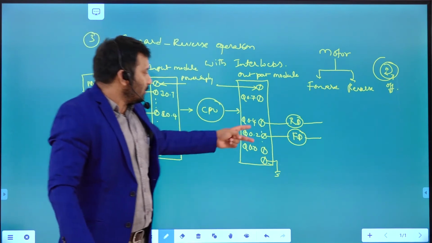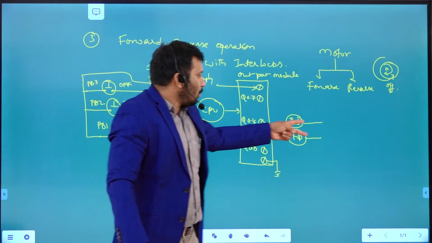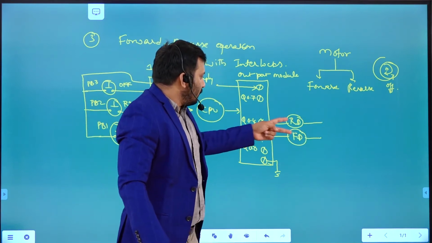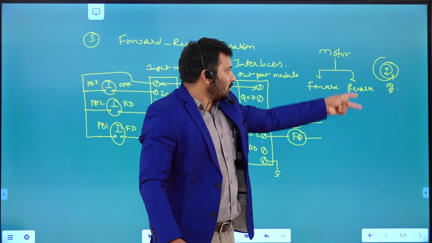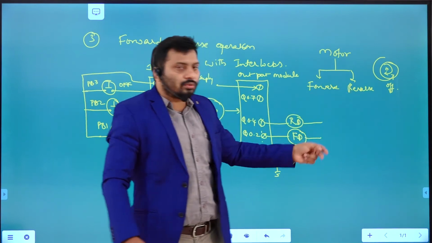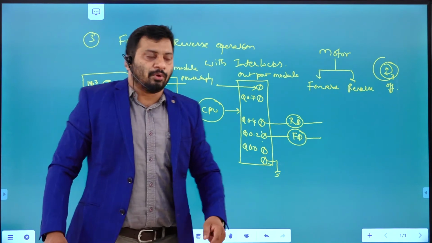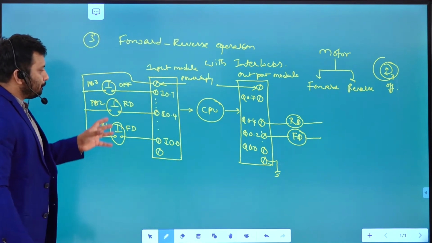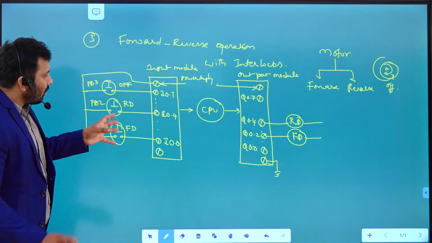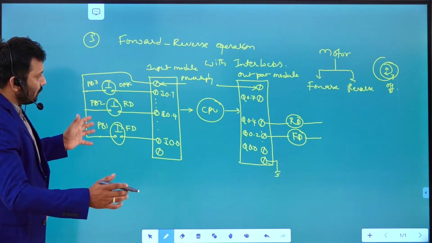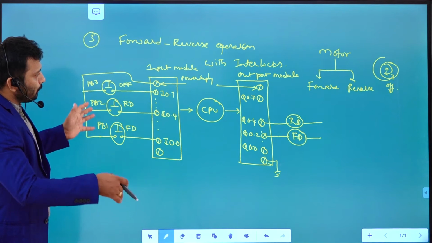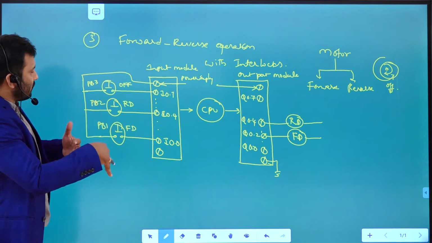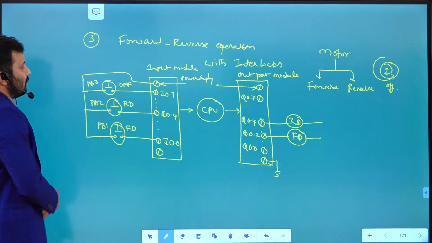So these two terminals are giving signals to the coils which cause motion in the forward direction and in the reverse direction of the motor. This is just the hardware connection, and how we are going to control the motor in the forward or reverse direction with the control of these switches.